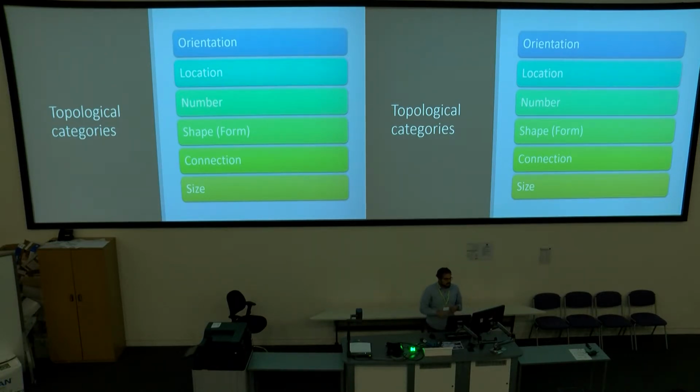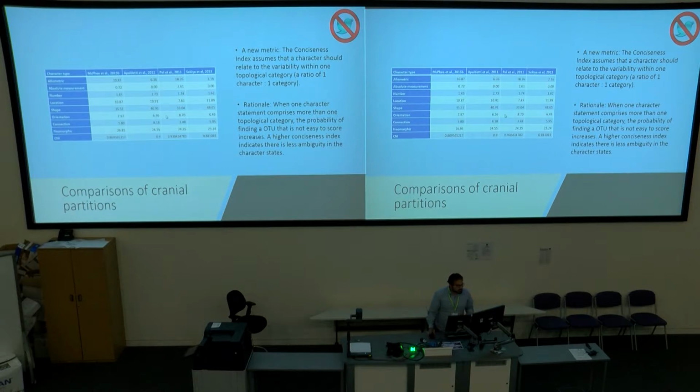So using the criterion that one character should be conveying information from one of these categories would indicate that that character is probably operational. And that means that you can apply it easily. So I have come up with a new metric to compare matrices. And what you're seeing there is a breakdown of all of the topological categories, and how many characters fall in those categories. So if each character is conveying information from one independent change, you will have a 100 adding up. None of the matrices add 100. So that means that you have a lot of characters that could be ambiguous.